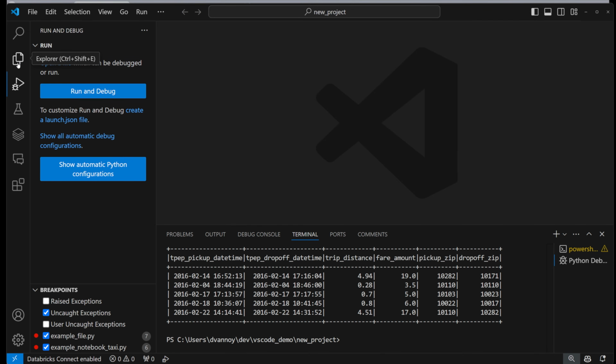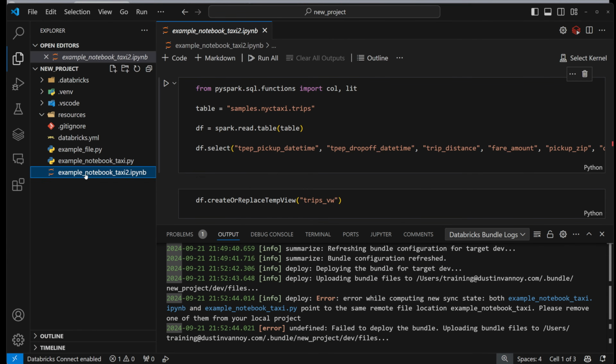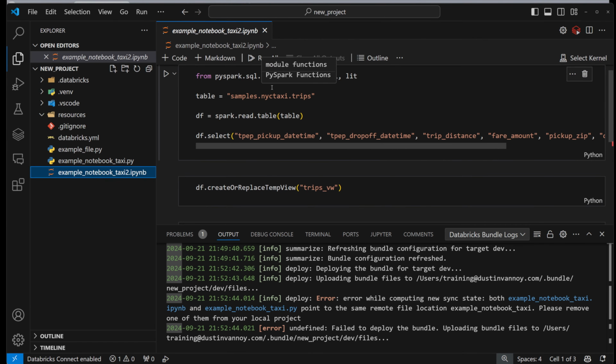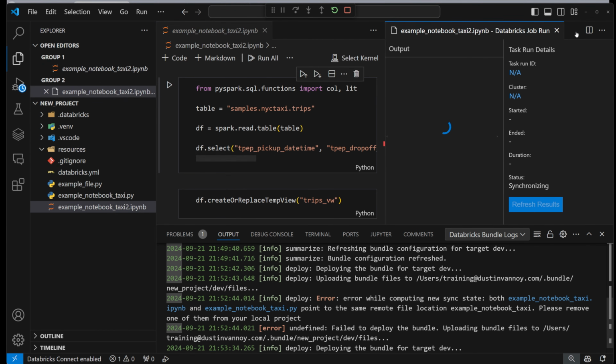Okay, one more type of notebook to look at. It'll be pretty similar, but just worth noting is that I could have an IPython notebook similar to a Jupyter notebook, just a little bit different formatting and magic commands in it. Let's take a look at one of those examples real quick. So we've got our IPython notebook file here. When I come in, I can see it looks a little bit different. Let's go ahead and see what happens if I use this notebook button. I've only got one option for this type of notebook, and it's run on workflow,